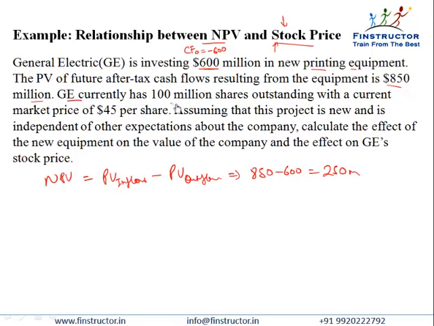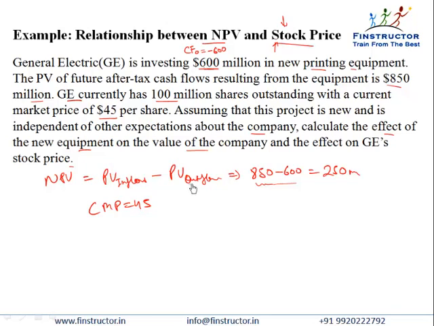Now GE currently has 100 million shares outstanding with a CMP or current market price of $45 per share. Assuming that this project is new and is independent of other expectations about the company. So the market hasn't discounted this new information and this new value in any format up till now. So when this new project is disclosed to the public, calculate the effect of the new equipment on the value of the company and the effect on GE's stock price,